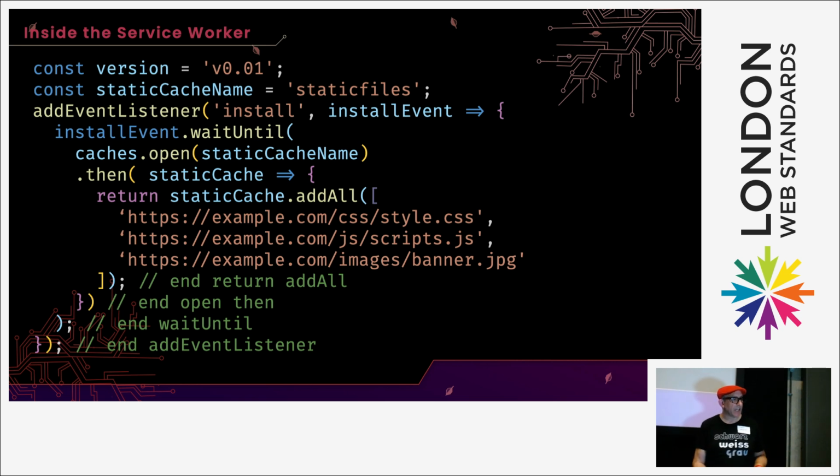So all I've done is I've said, my service worker is version 0.1 or 0.01. I'm going to cache some files, and I'm going to put them in a store called static files. And then I've got an event listener that says, when this service worker gets installed, do this. And it just says, put all of those files into my cache.